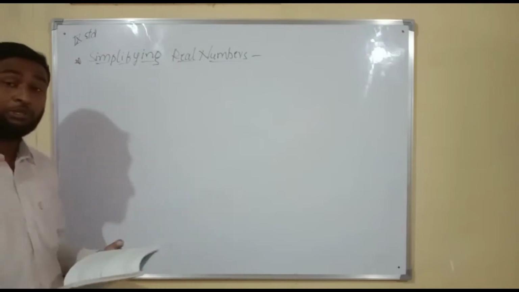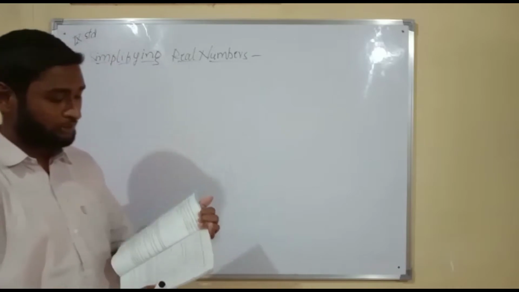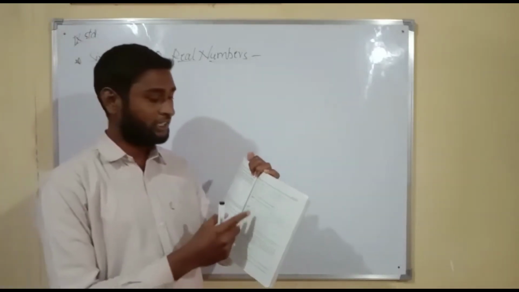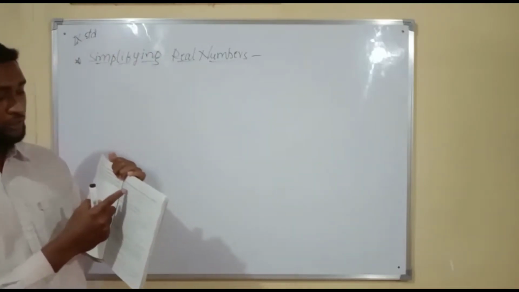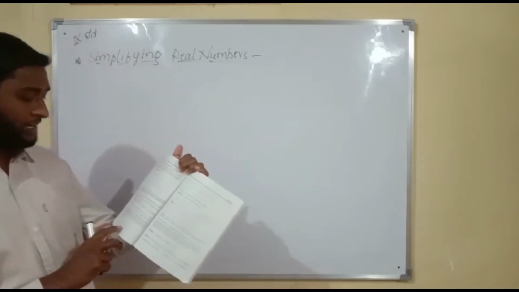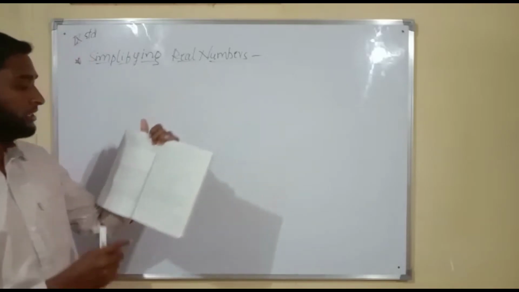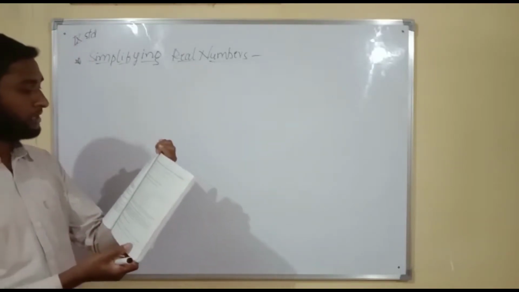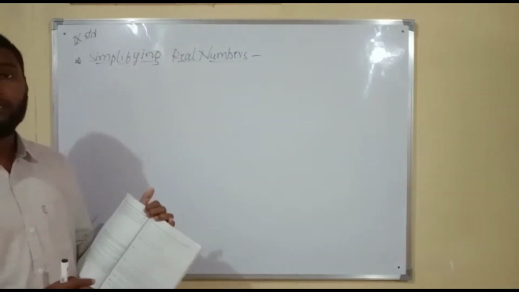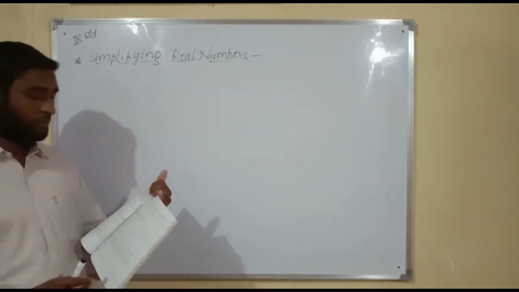As you have studied in the previous class about the standard identities, see here some of the formulae are given. Based on the standard identities like a plus b whole square, a square minus b square, or a minus b whole square, some formulae of real numbers are given on page numbers 21 and 22. Here, in total, 6 formulae are given. So you have to write them 3 times in your homework book.